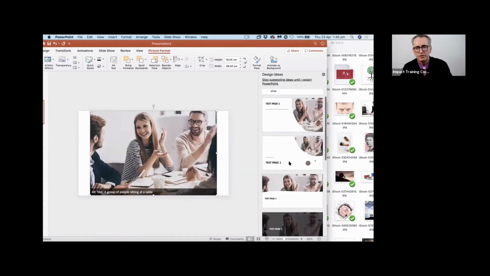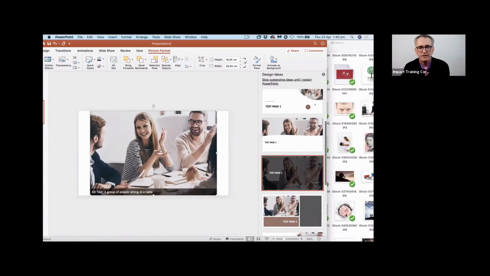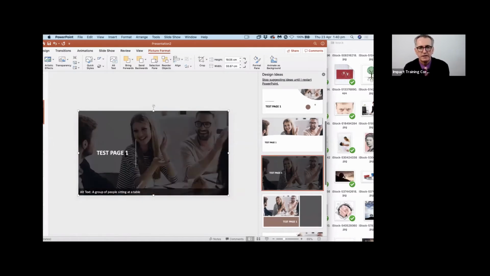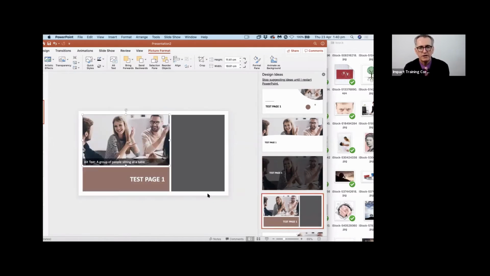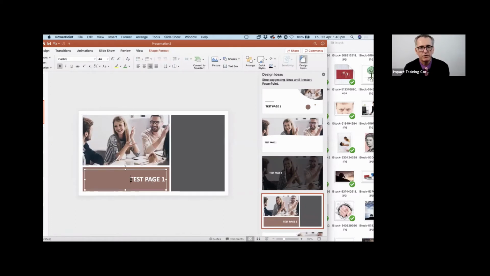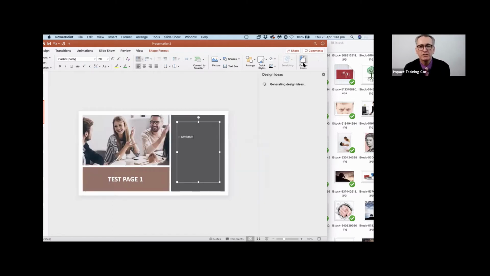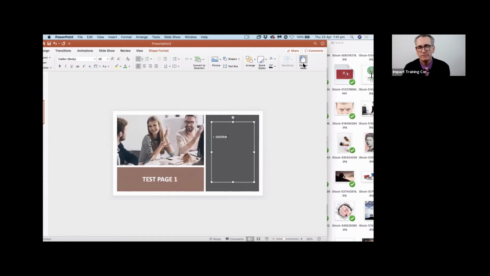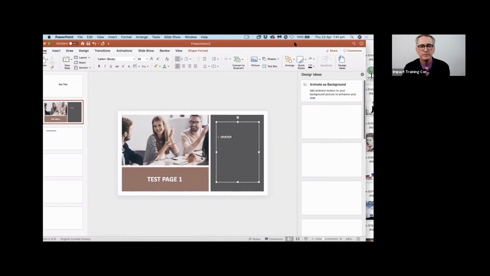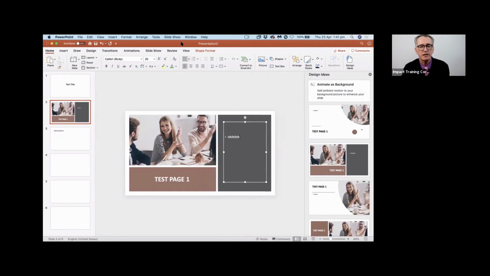Now, say, well, that looks pretty nifty having it big, or gee, I like that one, and then you can just move the text around a little bit as well. You can write something in here too, if you wanted to. PowerPoint is very clever, as you can see. In the design, there's a little design box. If you click that box, it'll make those designs for you if you want them. You don't have to use that. So that's how you use a picture.